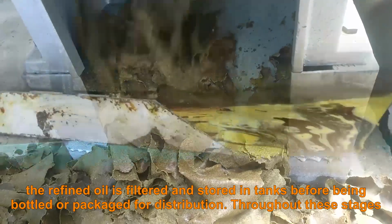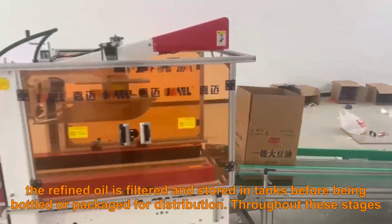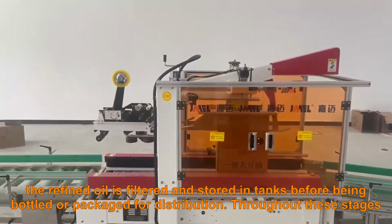Finally, the refined oil is filtered and stored in tanks before being bottled or packaged for distribution. Throughout these stages,